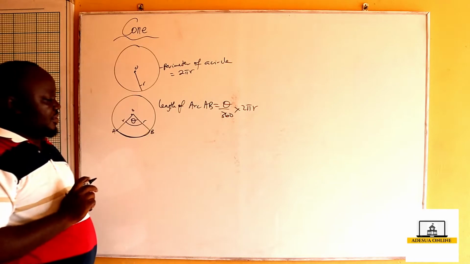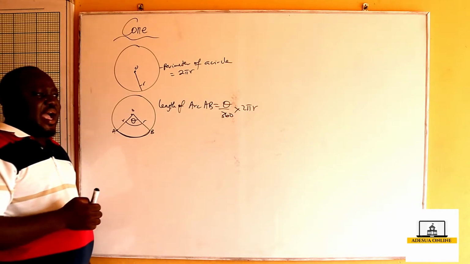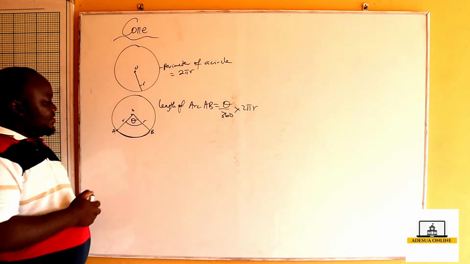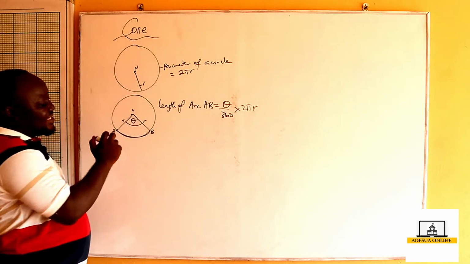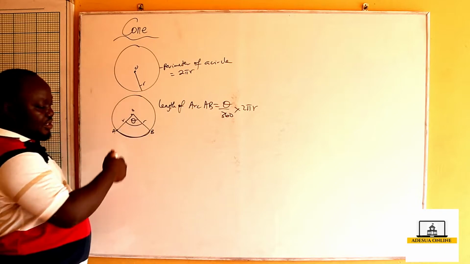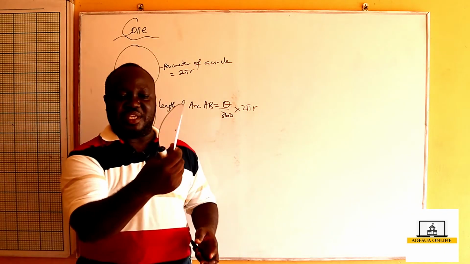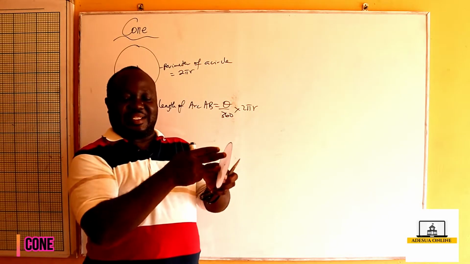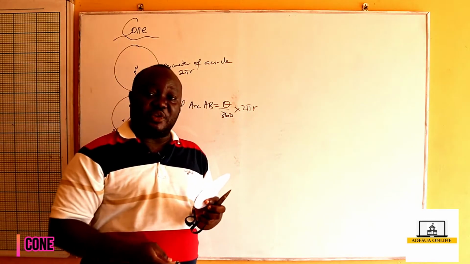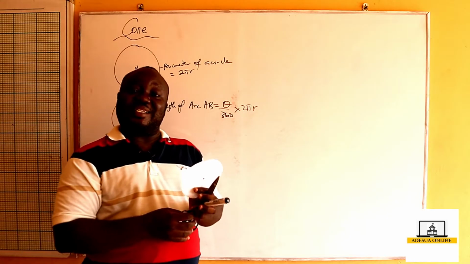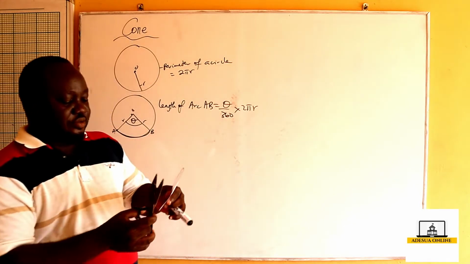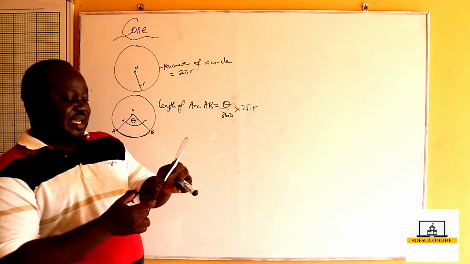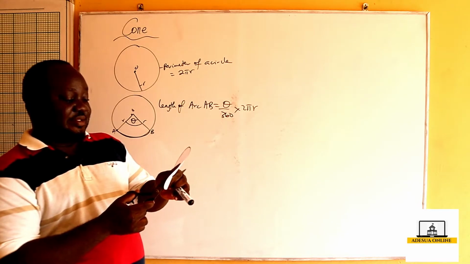Now, assuming I have this sector, which you have here folded, or this sector cut out, let's cut this side out. I'm going to do that same thing here. I'm going to cut a sector out, and then we are going to use the sector which has been cut out to form a cone. Now, assuming I cut out this side to the center,